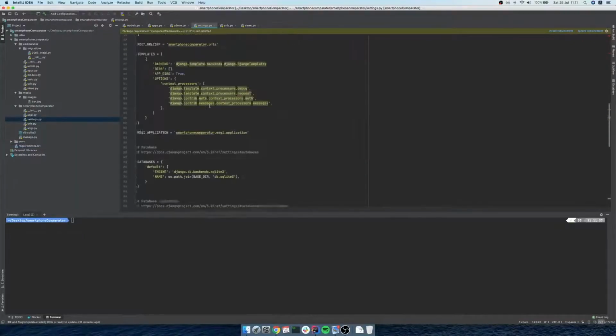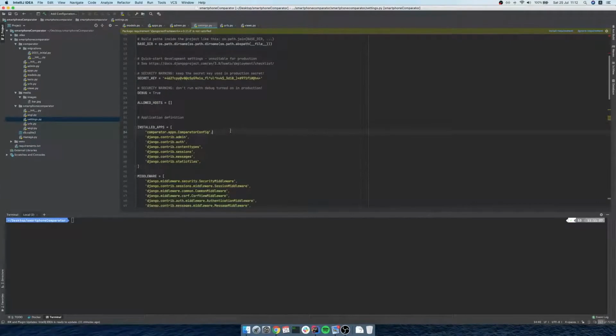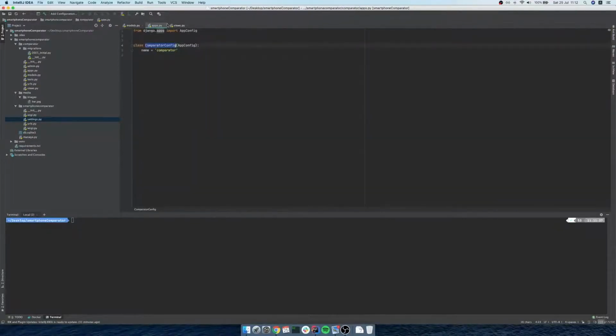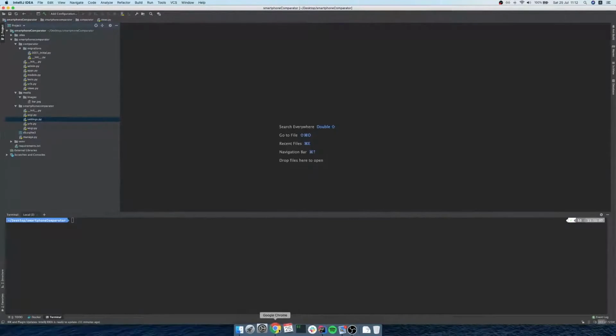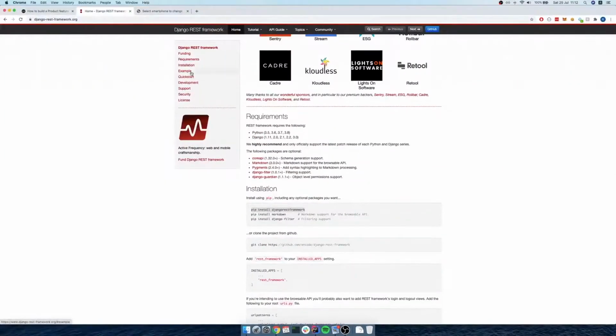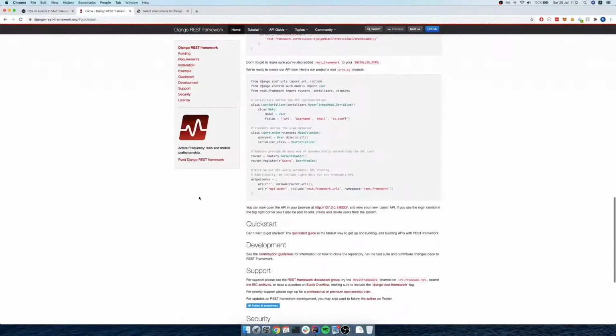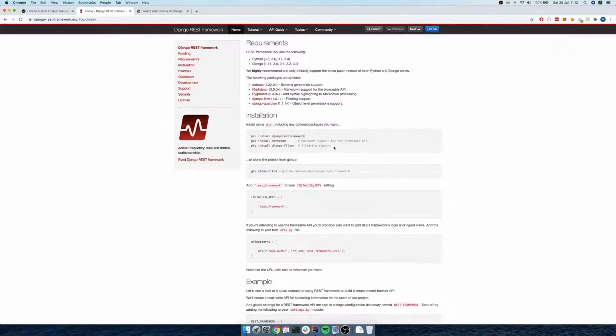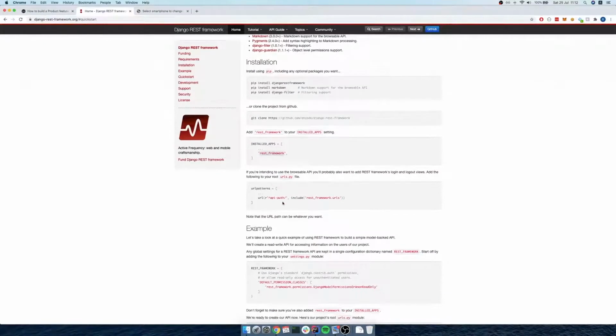Great. So now let's explore this a bit. Okay, and you can see here they provide, okay, this is like their installation. You need to add to installed apps, and if you want, you need to add this to your URL as well, API auth, if you want to use the browsable API, but don't worry about that. And then